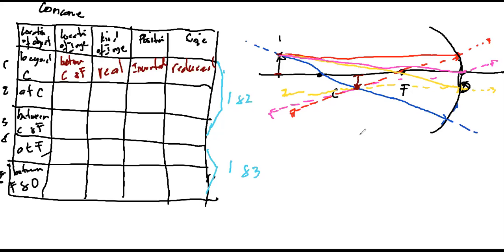But as I said, in drawing your focus and your center, you have to estimate. So if your findings in the ray diagram do not agree with your mathematical computation, it simply means there's something wrong with your drawing. Your mathematical computation is accurate, 100% correct, but your drawing must be wrong. So you check your work in your drawing, and you adjust the focus or the center. Maybe there was a mistake in measuring the focus or the center.